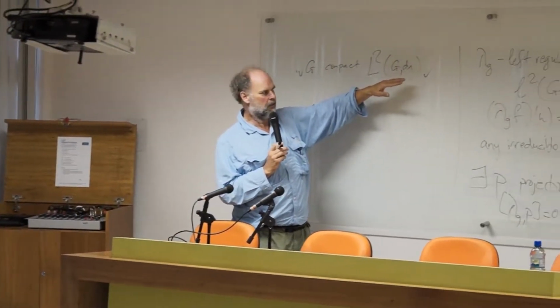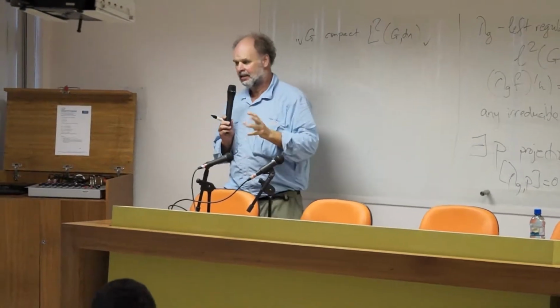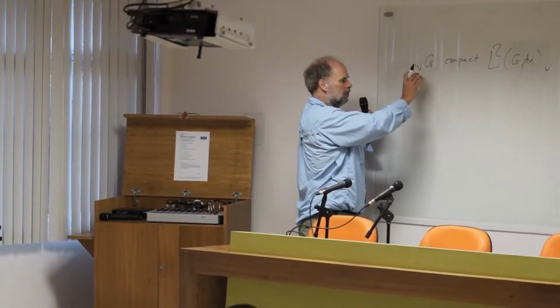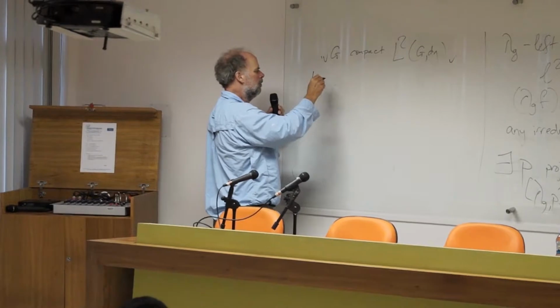So for a group like the circle or the 2x2 unitary matrices, some such group, there is such a theory. The actual explicit obtaining of these irreducible representations will be more complicated. It certainly contains at the very least the theory of Fourier series, in the case where the group is a circle, and all kinds of special functions if the group is, say, a unitary group or an orthogonal group, and so on. But in principle, the abstract theory goes just like the theory of finite groups. Right, now what about a locally compact group?